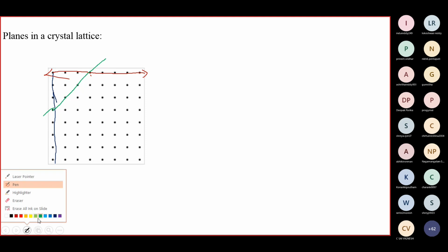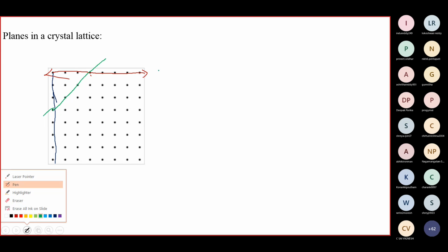Sir, can you please explain once again? See, this lattice could be constructed in different ways. Now we know that a lattice could also be constructed using a plane. So we defined a fundamental plane here, a basic plane here, and go on repeating this plane in this direction. You get the lattice. Then go on repeating this plane in this direction. You get the lattice. Then you choose a different plane.